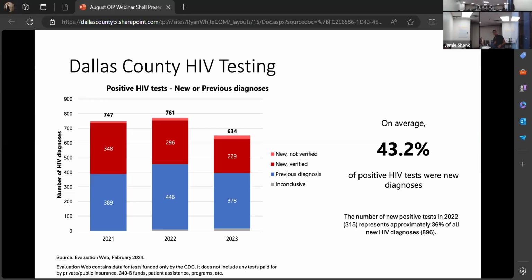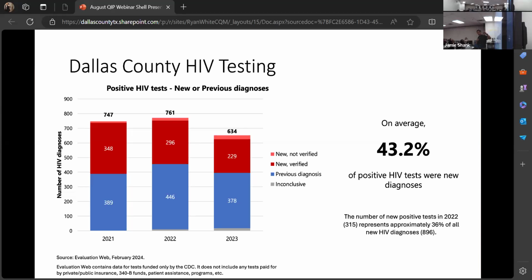Okay. So this is a quick snapshot looking at testing, kind of switching gears from linkage to care. And this is data coming from Evaluation Web, which is data for tests that are funded by the CDC, and this is only tests that are funded by the CDC. It does not include any tests paid for by private or public insurance, 340B funds, patient assistance programs, or anything like that. So there is a little bit of a caveat to the data,